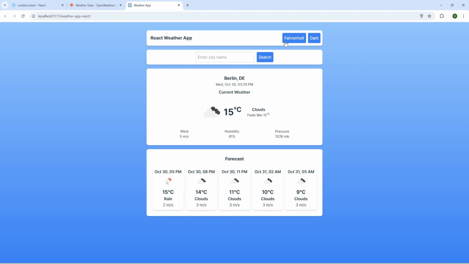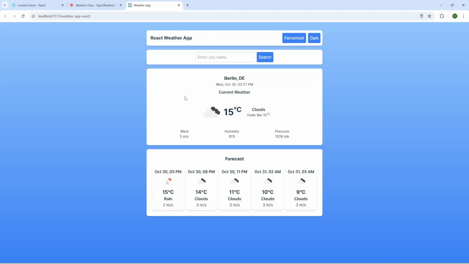I have a weather app and I'm going to add a units setting that will allow us to fetch and display data in different units, like temperature and wind speed. Now I'm going to press the Fahrenheit button and as you can see the data was changed, and we have our temperature in Fahrenheit and also wind speed in miles per hour. I'm going to return back to Celsius and as you can see, the data was changed again, and we see Celsius and meters per second.